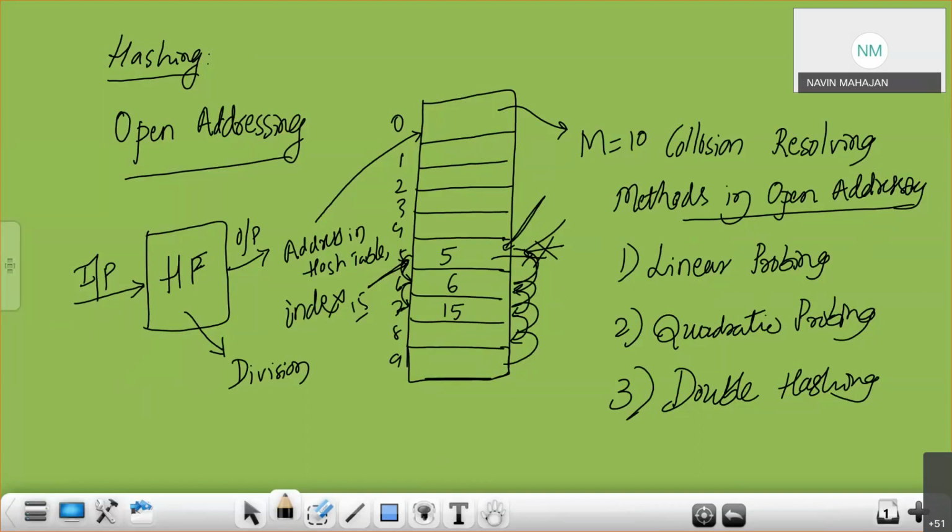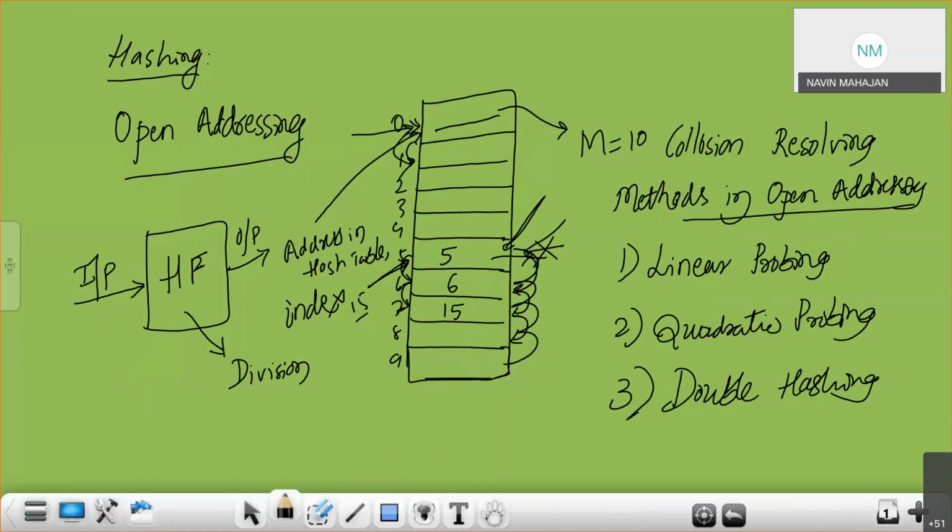Open addressing means, if a location in the hash table is full, we'll go to the next location. This is called open addressing. In closed addressing, what happens? If there is a collision, if some number is present in a particular location and the next number comes and goes to the same location, as it's closed addressing, we will not go to the next address.